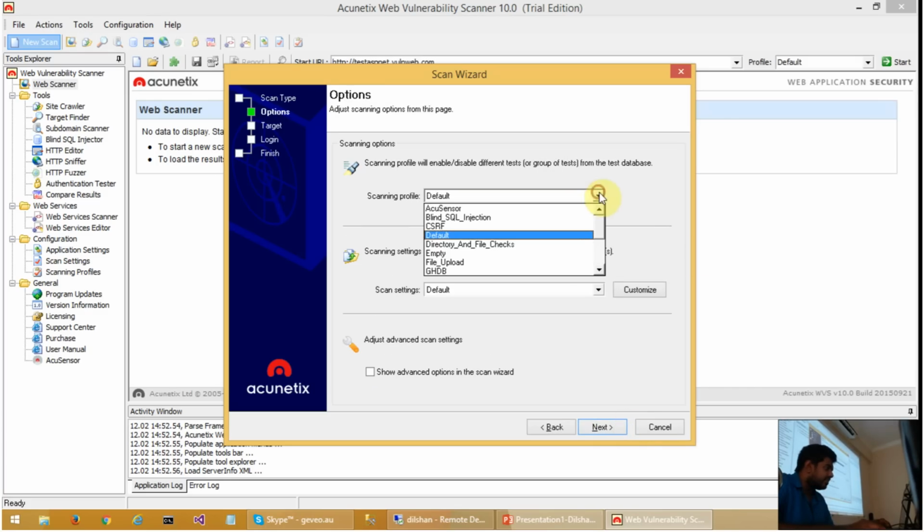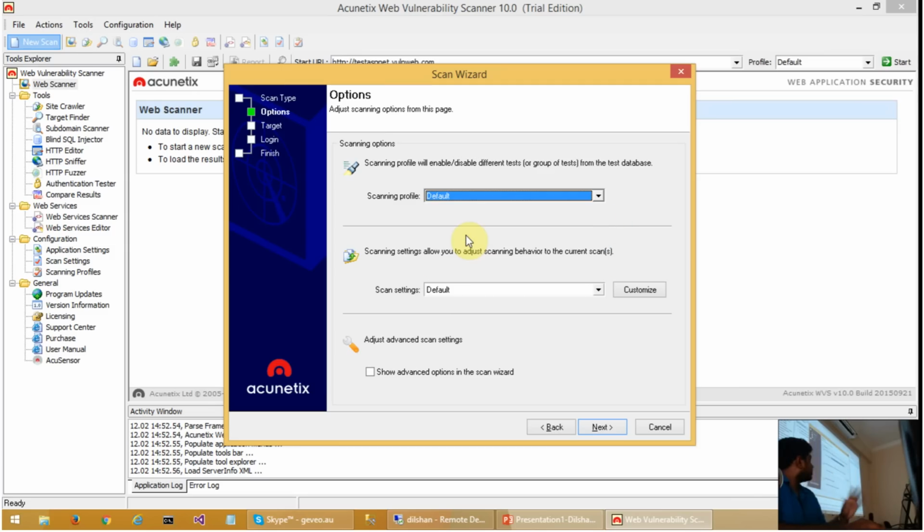here they are providing different types of scanning profiles, like if you want to test our website against a specific attack or a specifically categorized testing, like blind SQL injection, CSRF, directory and file checks, empty file upload, like that. Here I'm going to use the default, which includes all those types of testing.